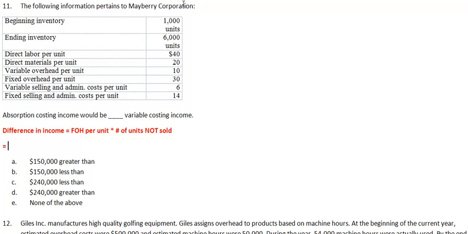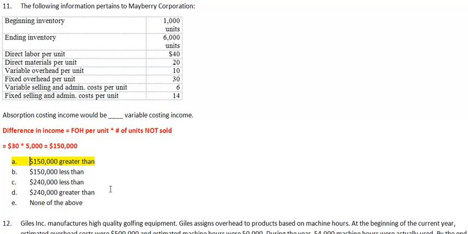So for your fixed overhead per unit, it is $30, and then the number of units that you made but did not sell would be the increase in inventory. So the units that you made this period but did not sell would be 5,000, so it would be $150,000, and we always talked about that absorption is going to be greater than